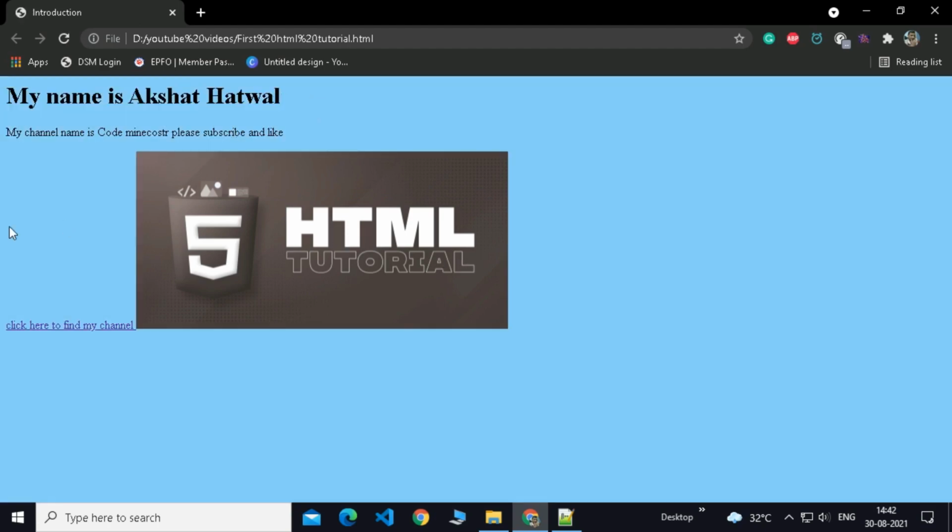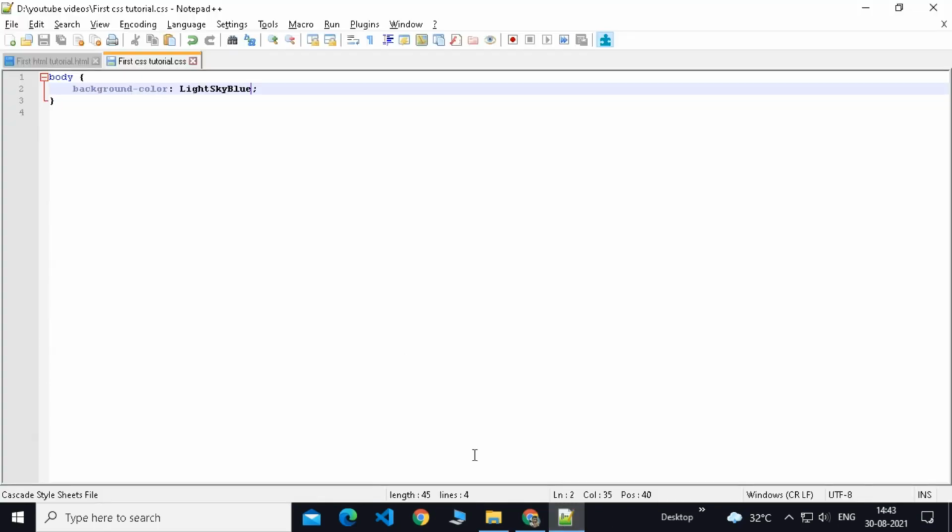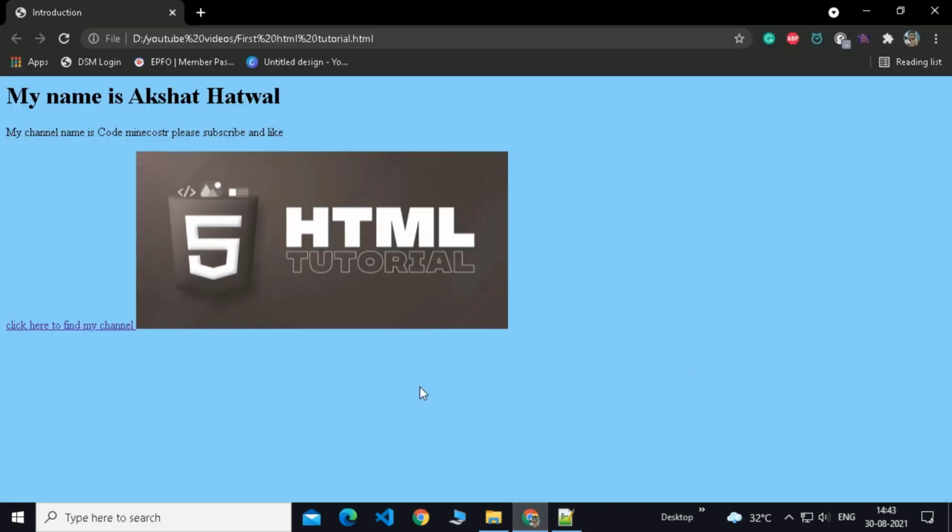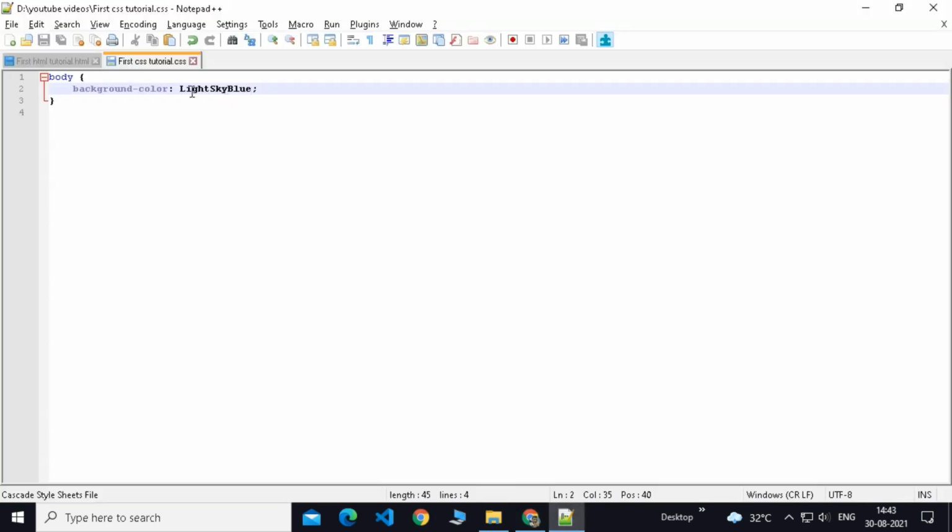Okay, yeah. So this is for adding a background color. But what if you don't want to add a background color? Instead, you want to add a background image. Like you don't want this color. Instead, you want an image besides it. So yeah, for adding an image, you have to delete this syntax and instead type here image image.